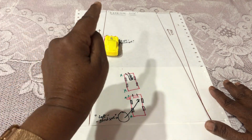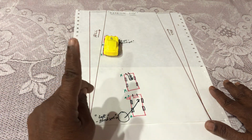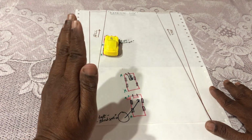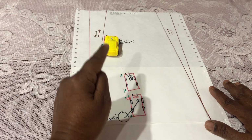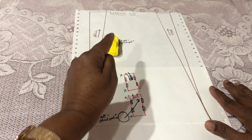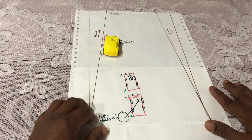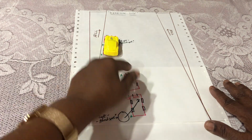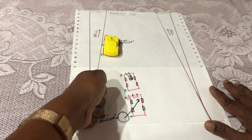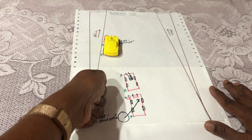Now, some people have a habit of checking their blind spot before they put the handbrake down. If you have that habit, I don't mind. That's okay. But after you put the handbrake down, and before you start rolling forward, you have to check your right blind spot again, because some people check their blind spot, then they put the handbrake down and then they start accelerating, bringing the clutch to slightly above the friction point, and then start accelerating,